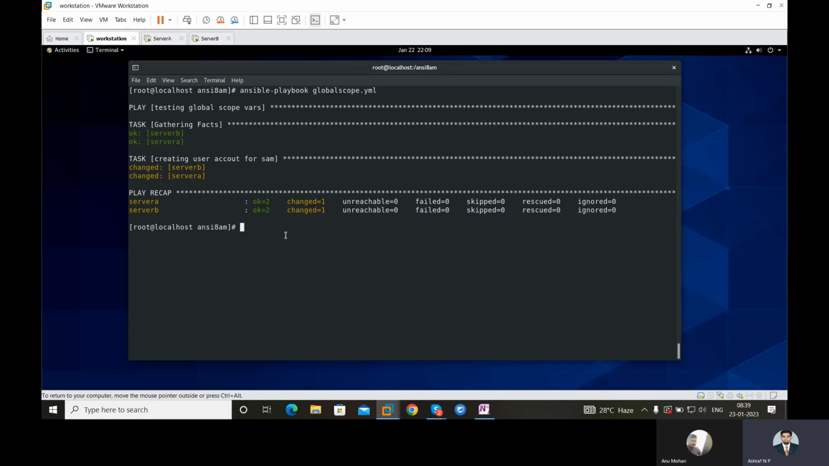Try to understand the main advantage of global scope: these variables can be referred in any play, any playbook, any project. For example, you have used this variable in one play. The same variable file can be referred in multiple plays, so there is no need to declare the variable again and again. So this is really good for